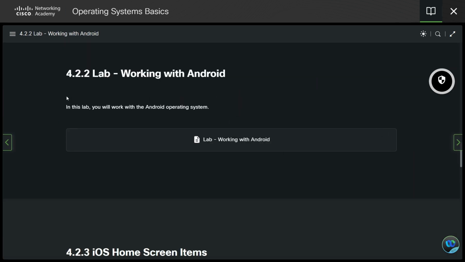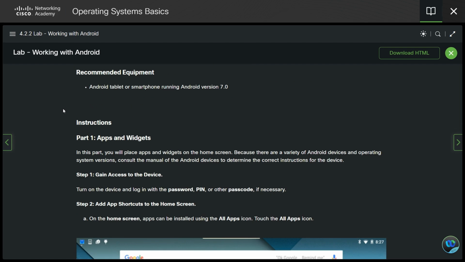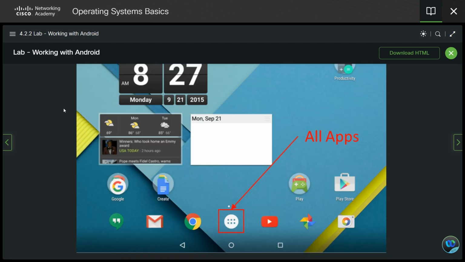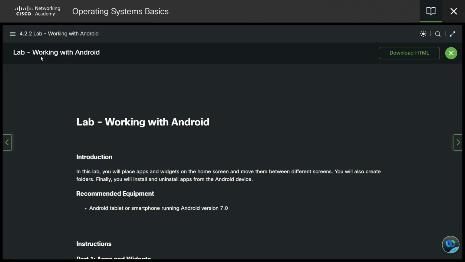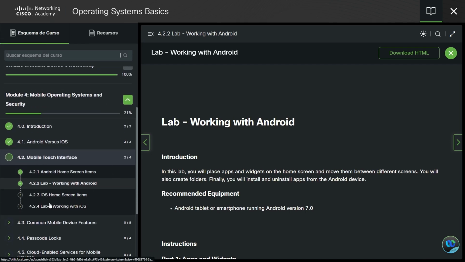So I have a lab working with Android. In this lab, you will work with the Android operating system. This is for the older topic. And continue with the